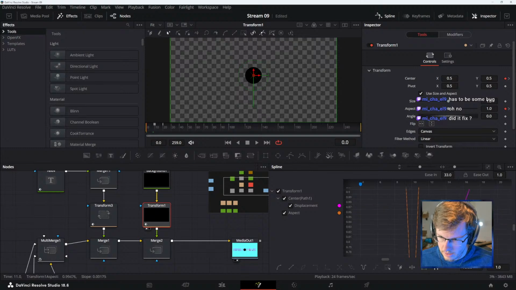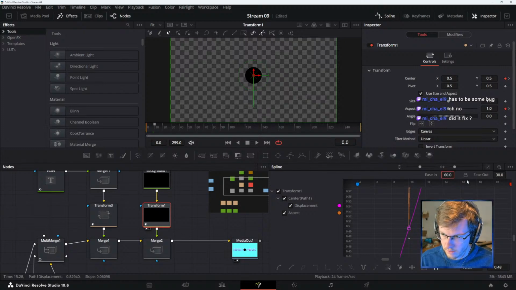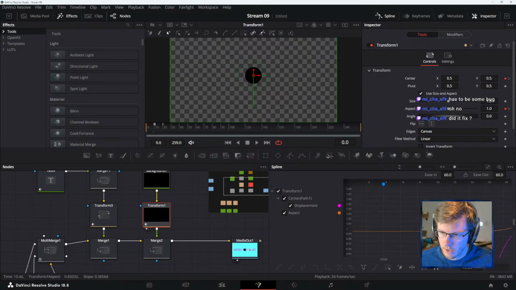And then this shape should be 60. And this should be 60 too. And now the boink is now like consistent on both sides of the boink. That's a cool one. So you can press T to bring that up.